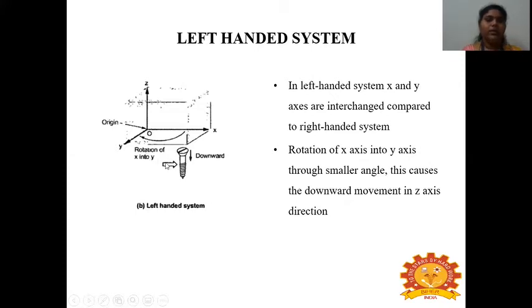So this is the difference between a left-handed system and a right-handed system. That is, the rotation of the screw will differ. Next,